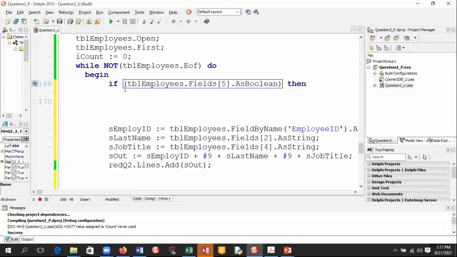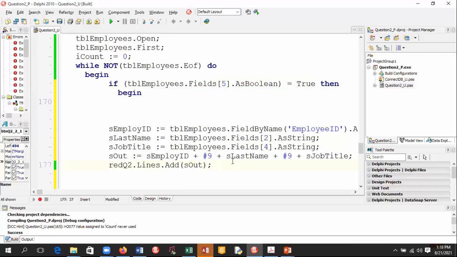So what am I doing here? I'm getting the field from position 5. Check if it is true. Field 5 is first aid training; only if first aid training is true, then only